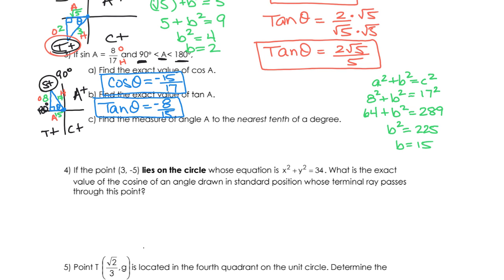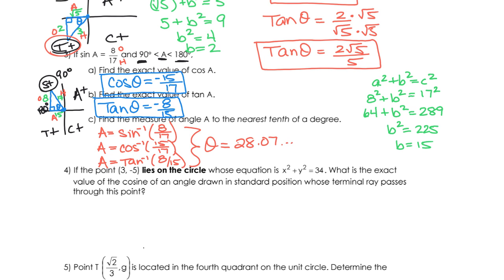Part C says find the measure of angle A to the nearest tenth of a degree. And so we actually have 3 ways of solving for our angle. We could say that A is equal to sine inverse of 8 over 17. We could say that A is equal to cosine inverse of 15 over 17. Remember, no negatives when you're finding the angle. Or we could say A is equal to tangent inverse of 8 over 15. Again, no negative, so that you end up with a reference angle. All 3 of these should come out to be the same. And it's about